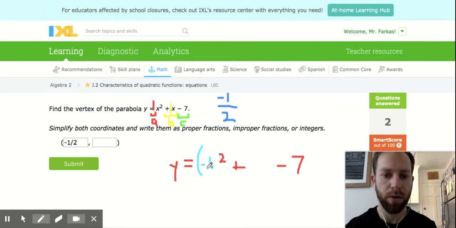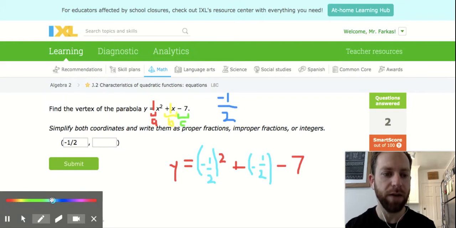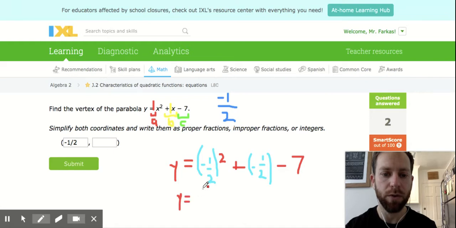Negative 1/2. And right here too, negative 1/2. All right, so negative 1/2 squared is negative times negative. A half times a half is a quarter. So this would be positive 1/4, 1 over 4, right? Negative 1 squared is 1, 2 squared is 4, plus negative 1/2, so we could just write that as